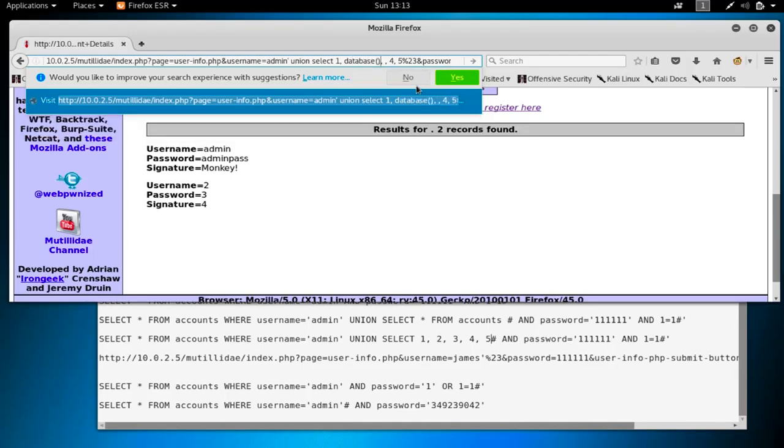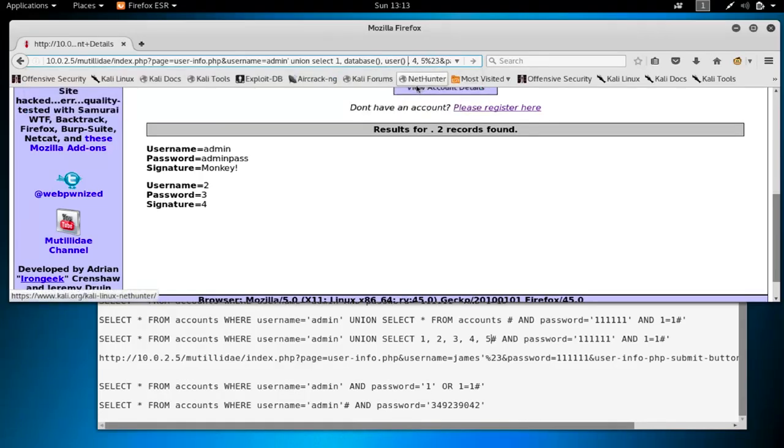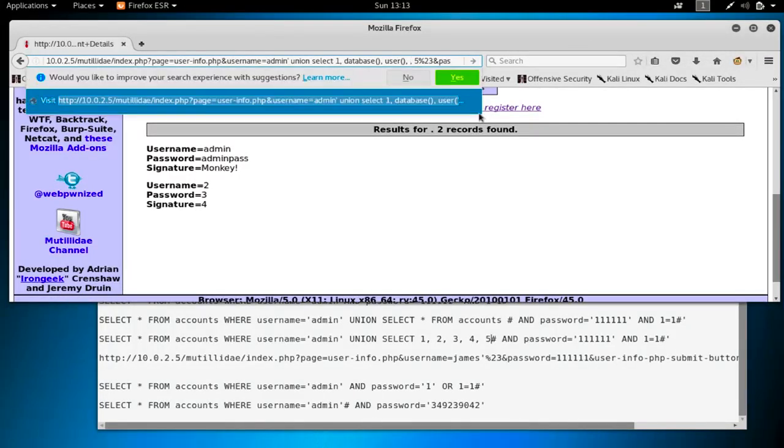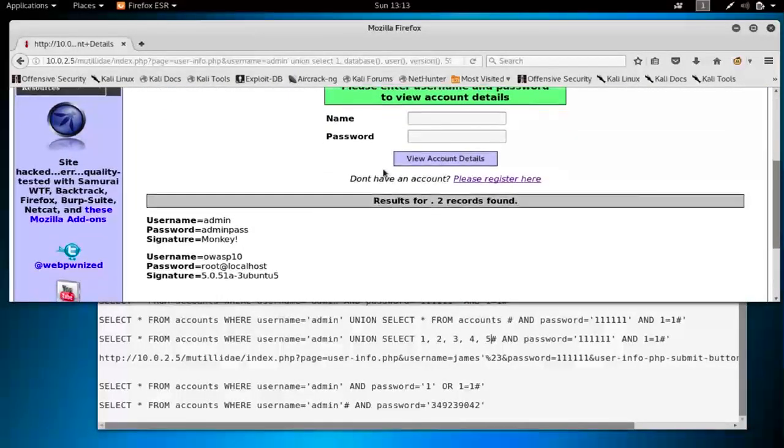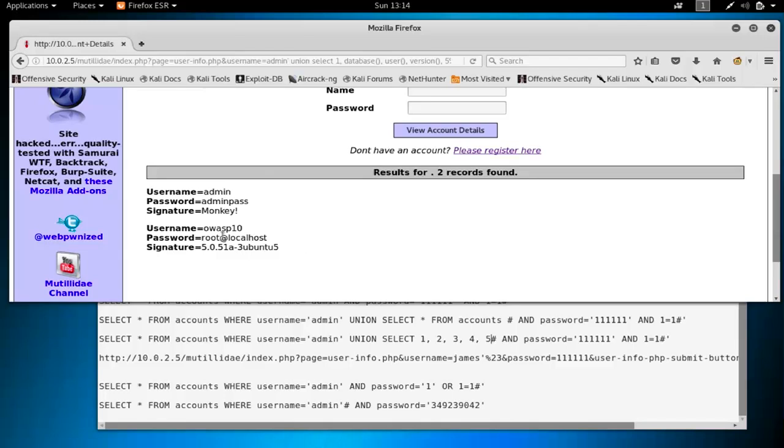Okay, database, and we have to use the parenthesis, and the second one is user, and the third one is the version. If I do it like this and hit enter, then I will see the database name, the username, and the